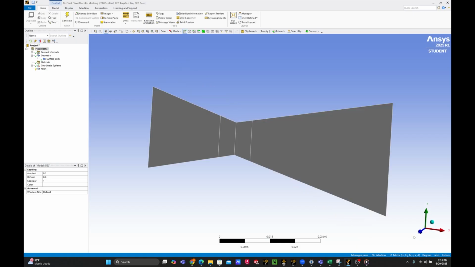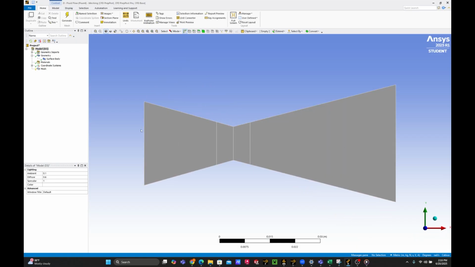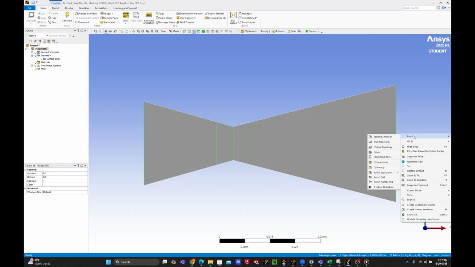So going here, we're going to start by selecting all of our vertical points. So going from here, we're going to go here, and we're going to press this edge control, and then hold Control and go like this, and we're going to go here and press insert,